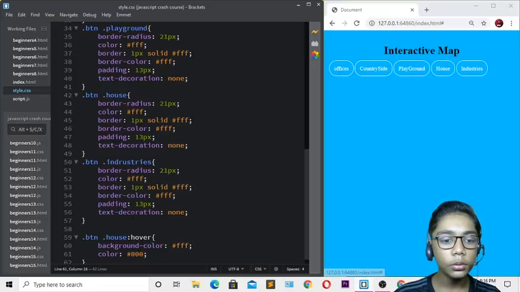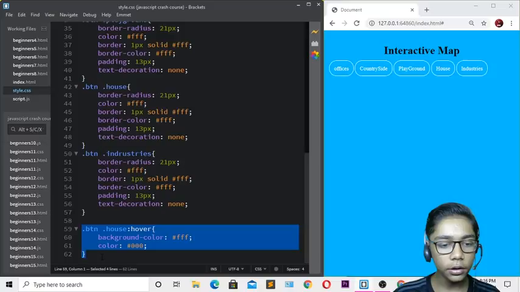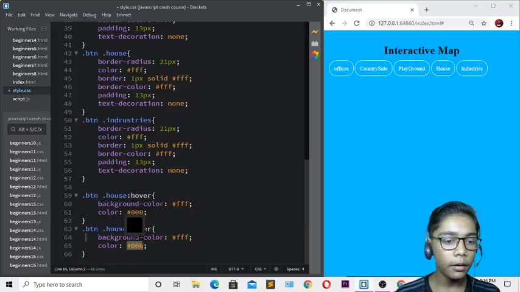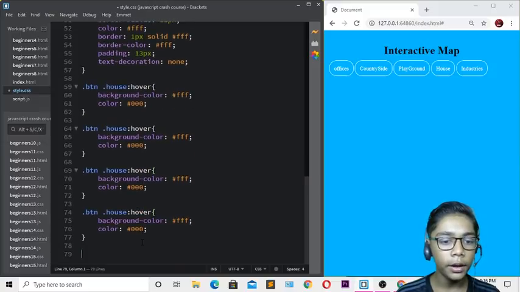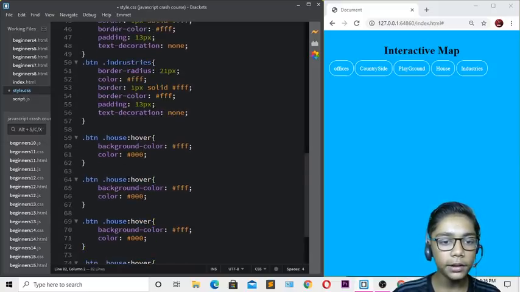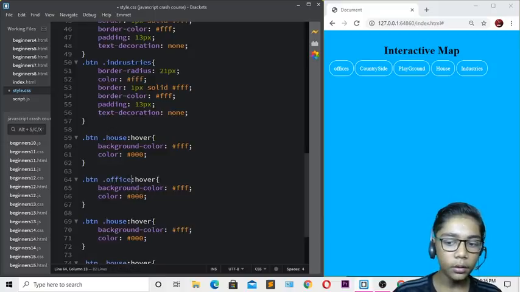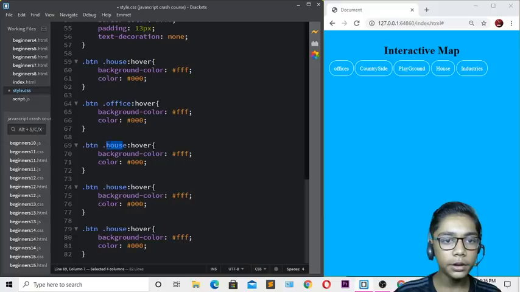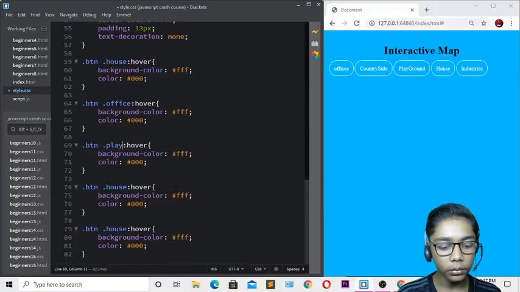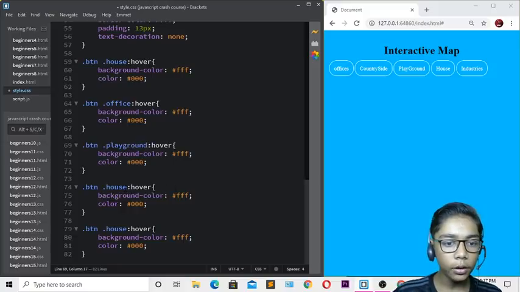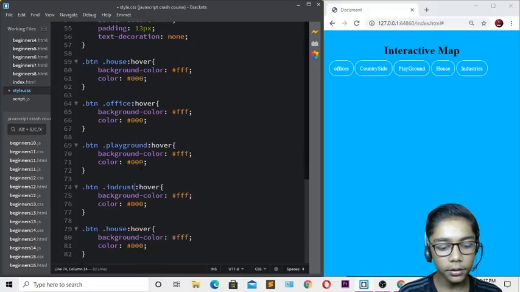So over here, if I do that with JavaScript, you will see one of the greatest things, okay. In JavaScript, if I show you side by side, here I will change it to office. If I do office over here, then come over here and write playground. I'll write playground, then write house, as we have written. I'll go to the top and change it to industry, so I'll be writing industries over here.